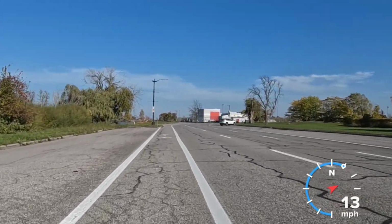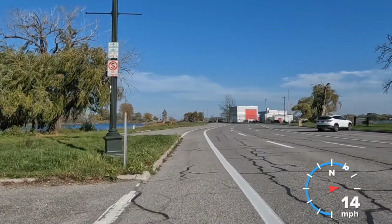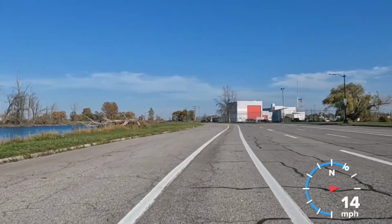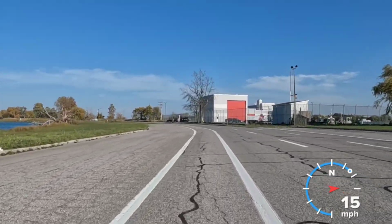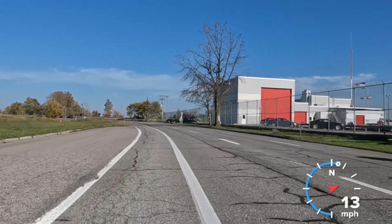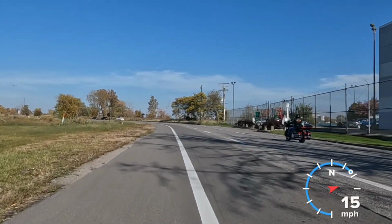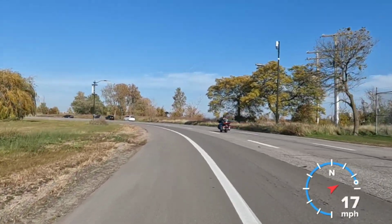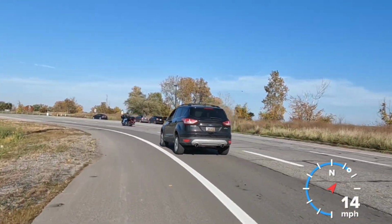So I discovered that it was a whole different route now that we have that new connection from the Detroit Riverwalk to Belle Isle Bridge and Belle Isle Park. But one thing, coming back, when you're on the street in the bike lane and you finally get down to where you pick up the trail that goes back underneath the bridge, you have to make a decision on how to get to that pathway, because you would either have to go all the way back down to Jefferson and then loop back,